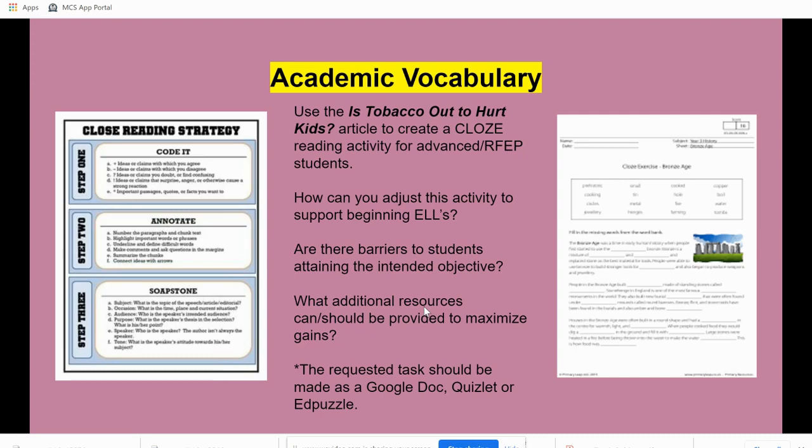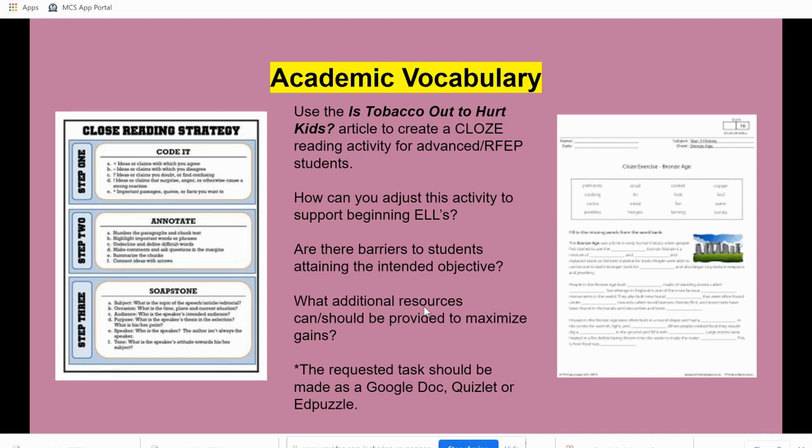Many of the words may be similar to each other, so they really have to look at the word in the sentence in context in order to make sure that they are providing the right term for the right sentence. This lets you know, again, are they reading well? It also lets you know if their ability to understand language is there. Do they have the skills for vocabulary? If not, we need to go back.